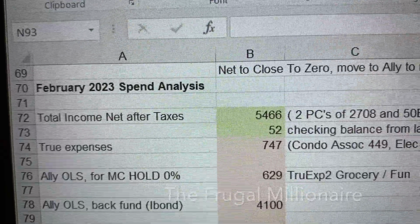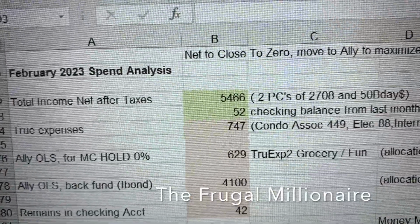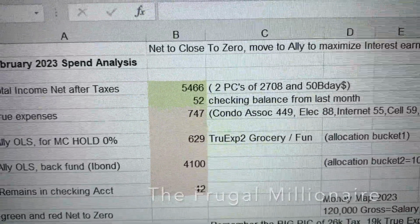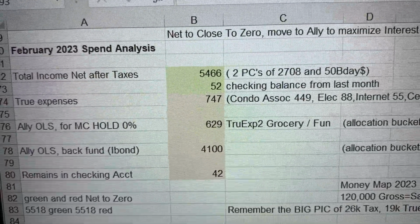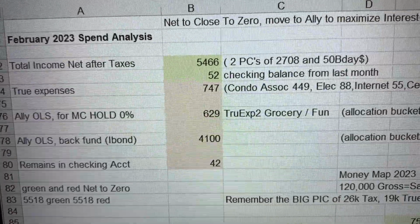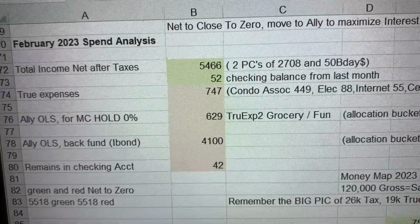So I want to start by saying my total income, net after taxes, for February was 5466. That's two paychecks of 2708 and a birthday gift from my mother. I did start the month with $52, as you'll recall, in my checking account, so I'm adding that to the 5466. You can see in green, that would be the money in, and then everything shaded in red would be the